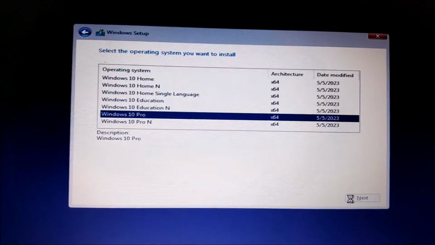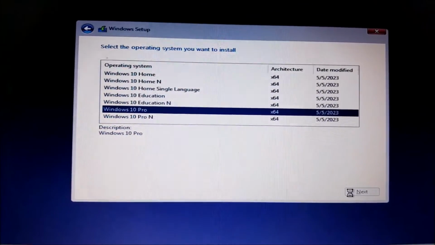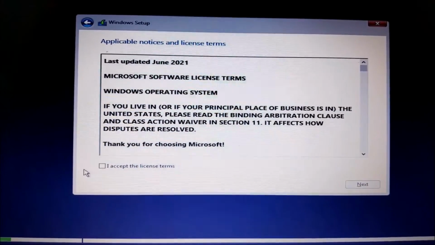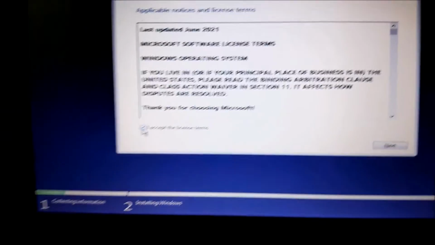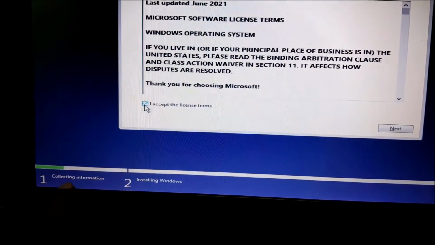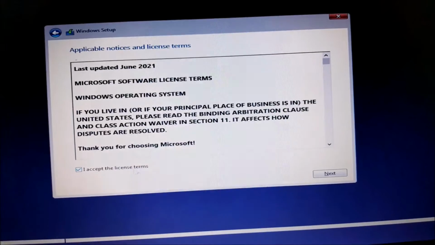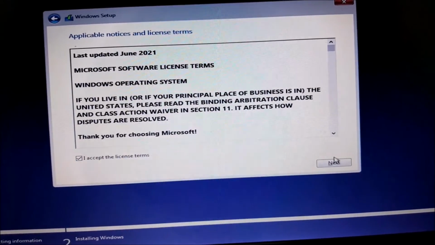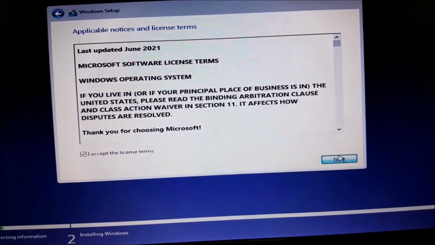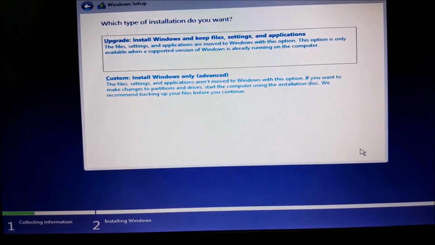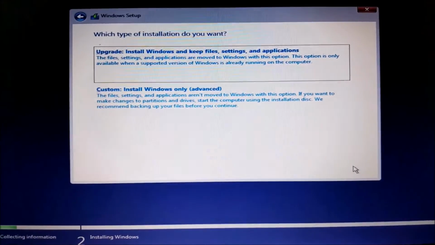Click on Next. From here, everything is downhill. Everything is just downhill and self-explanatory. Agree to the terms and conditions that nobody ever reads. So we are collecting information over here, and then the second part is installation. So click on Next after accepting the terms, and then here the option that you require for your computer is